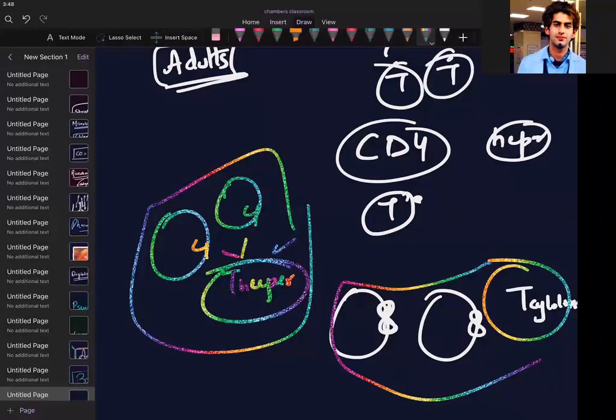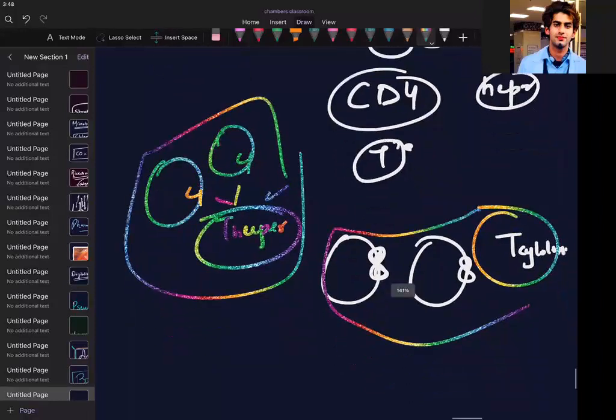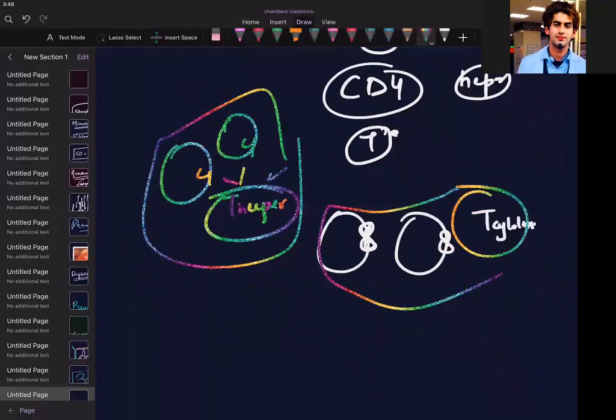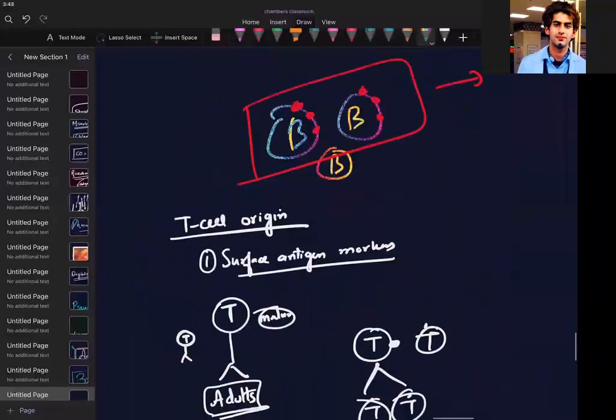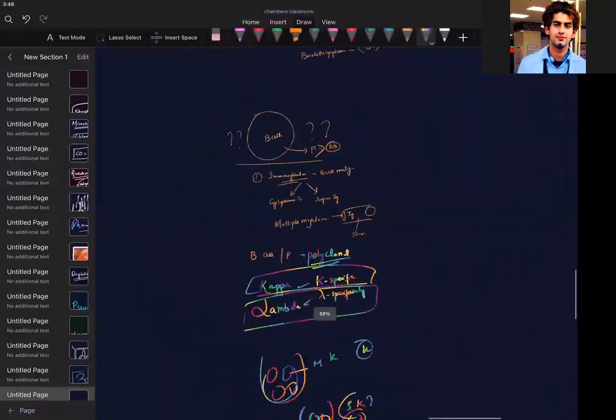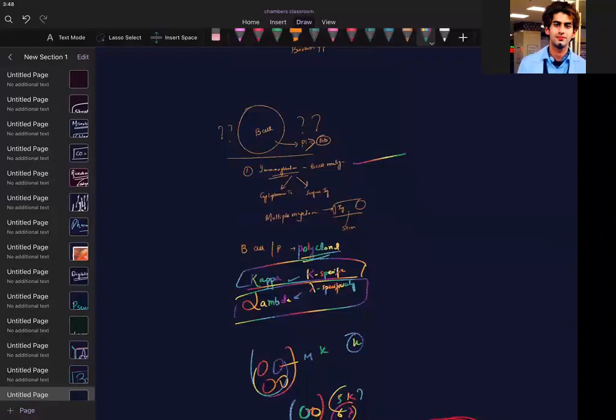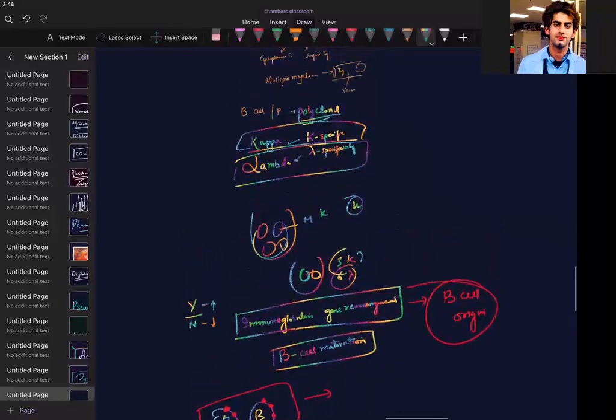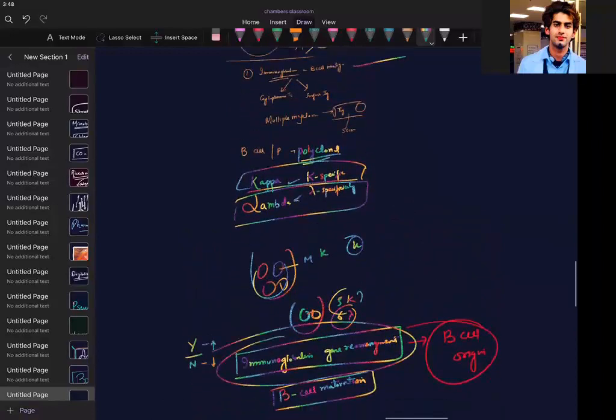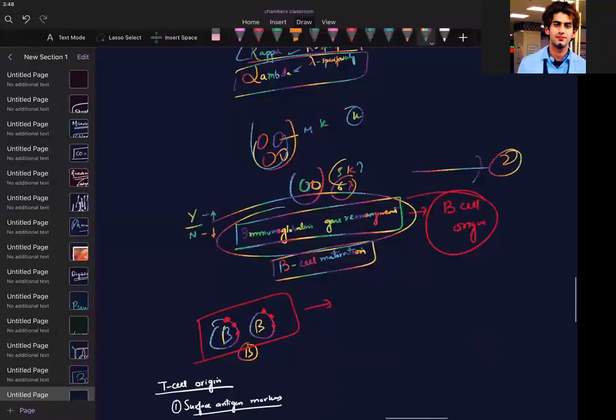Do we remember we had an immunoglobulin gene rearrangement in B cell? Here we have T cell gene rearrangement. So I'm using analogies. What were we using here? Here was immunoglobulin. Here was T cell surface antigen. Immunoglobulin gene rearrangement. Now on the other side, the second will be T cell receptor gene rearrangement.